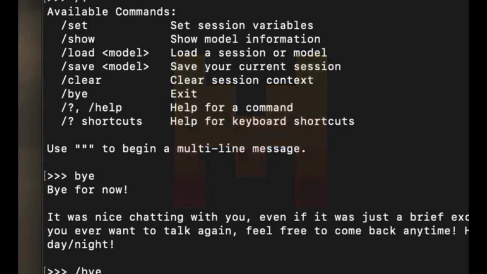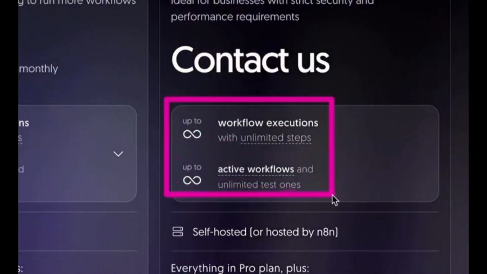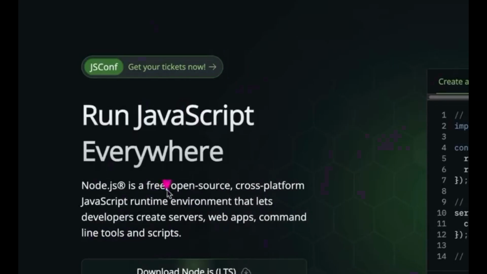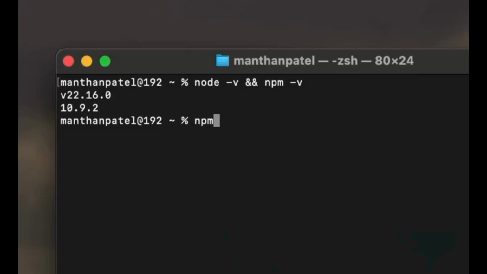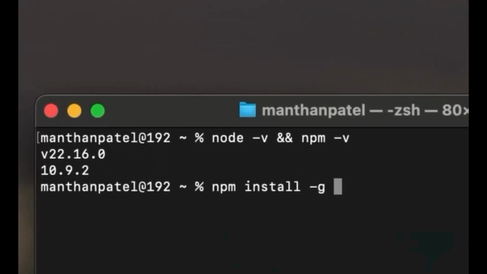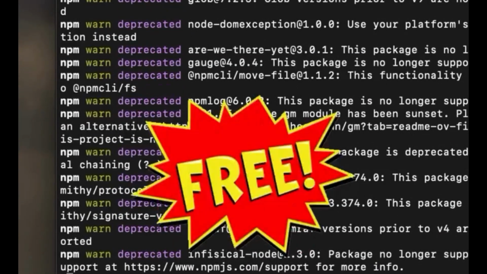model inside your system. Then we also want to avoid this monthly subscription of n8n, so we are going to self-host our n8n instance locally. So first of all, make sure that you have Node.js downloaded inside your system from here. Then open new terminal and use this command npm install -g n8n, which means that you are downloading n8n globally